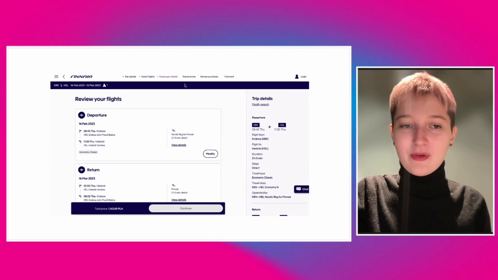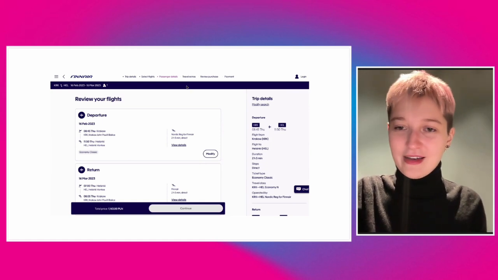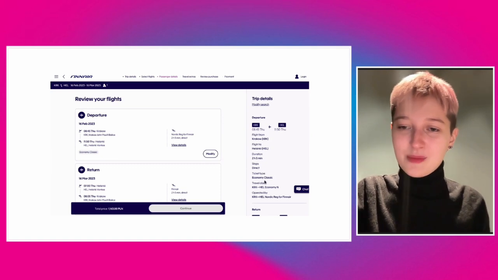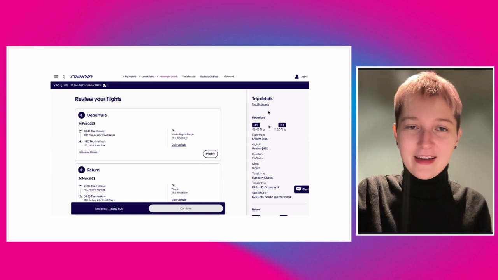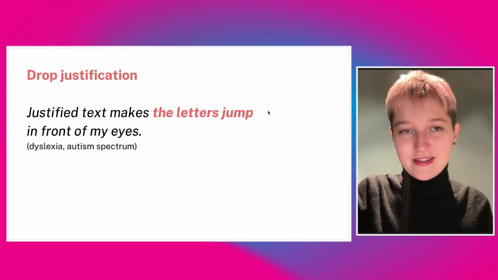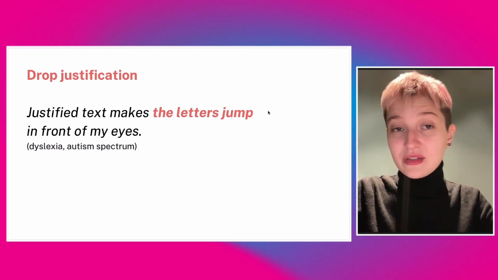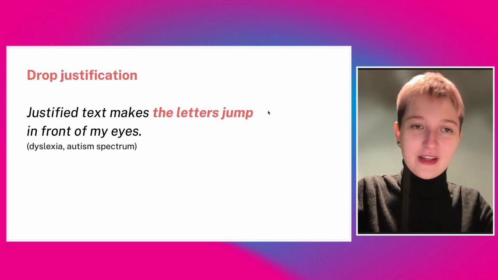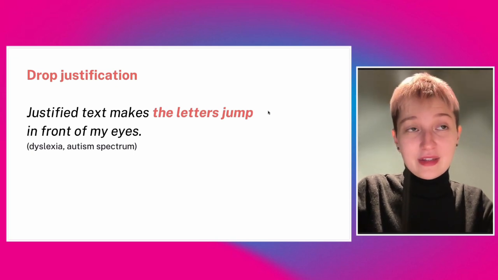So we don't ask people to remember the departure times, the hours, all the ticket types, the stops, the class, the other details. They are all here waiting on the right side. And when it comes to the way we display the content, the way we format the text, there is a